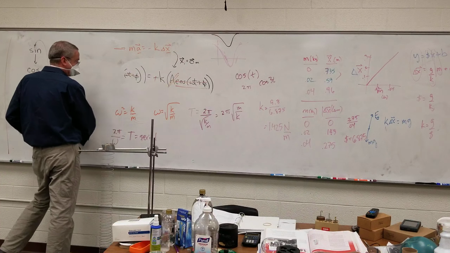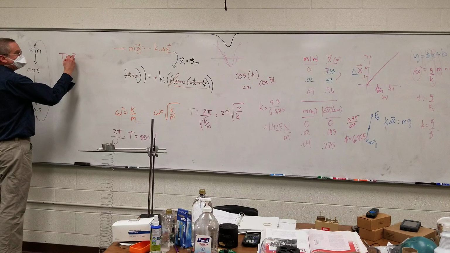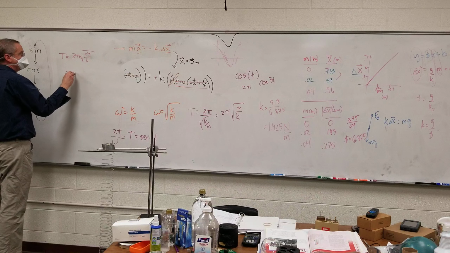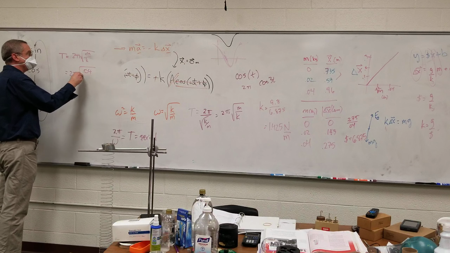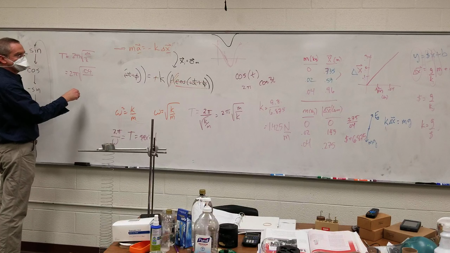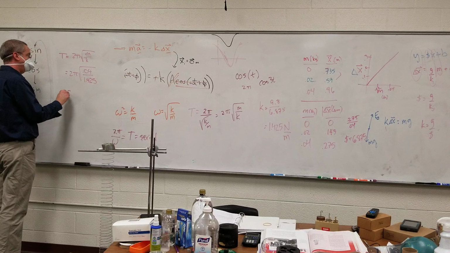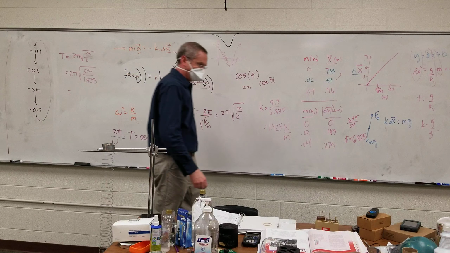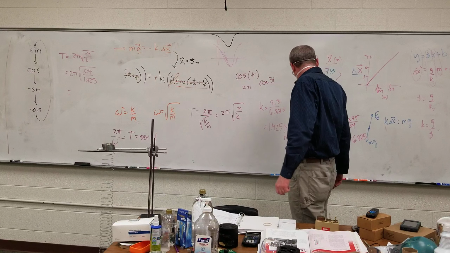So now we can make a prediction here. The period is 2 pi times the square root of m over k. We have a k value now. So we get 2 pi times the square root of, we'll just stick with the 40 grams there, so 0.04 kilograms over my spring constant, which is, just told me, 1.425. So what is our prediction for the period? Square root